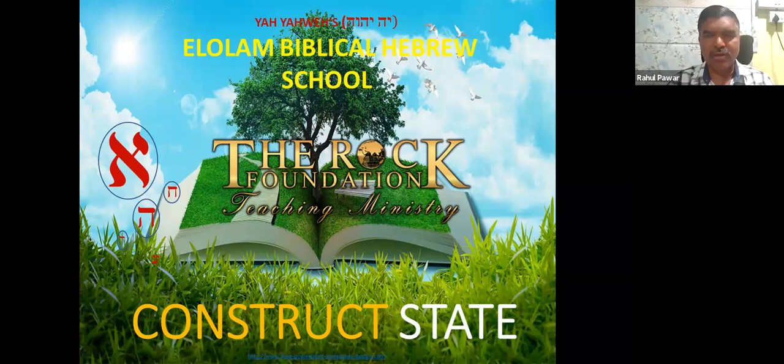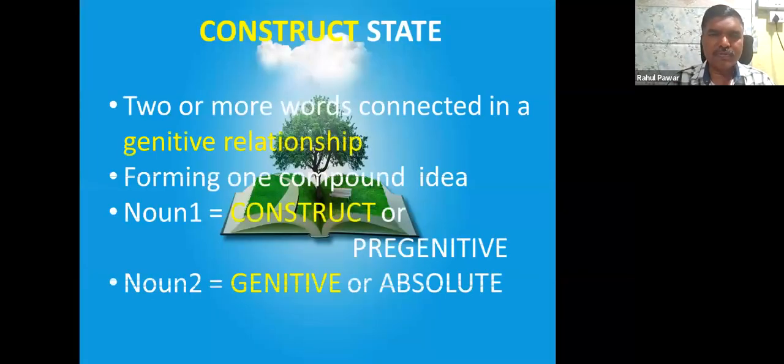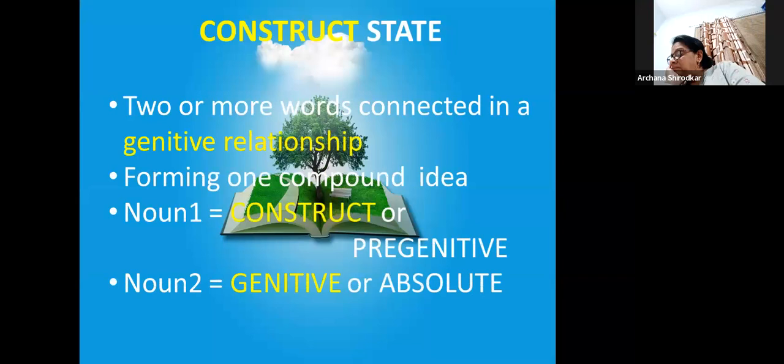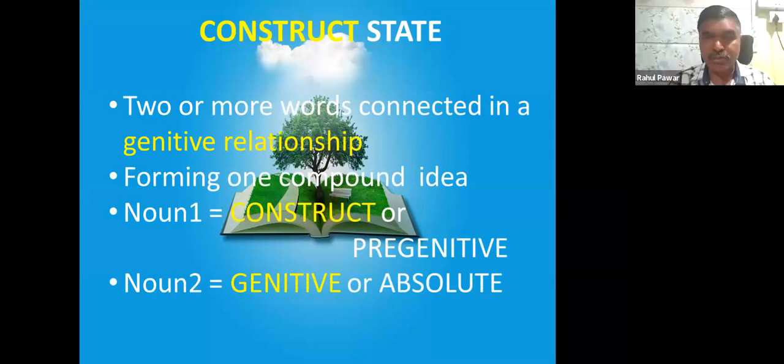Vowel changes take place, even if it is a plural or singular. Vowel pointing changes take place. But for a noun in absolute form, nothing happens. So remember, when two or more words, I can say nouns, are connected in a genitive relationship, it forms one compound